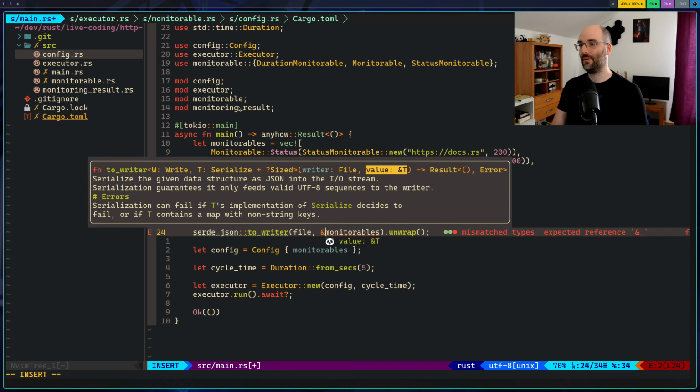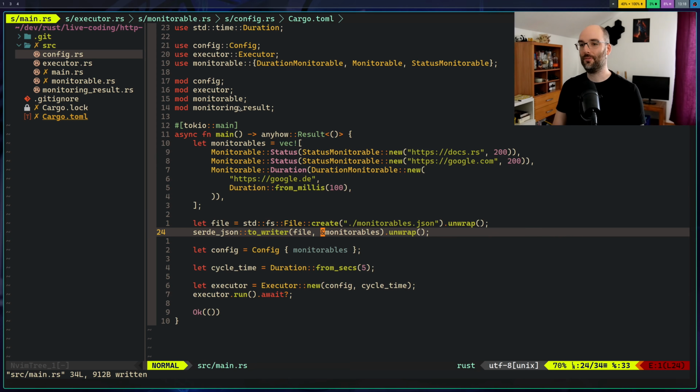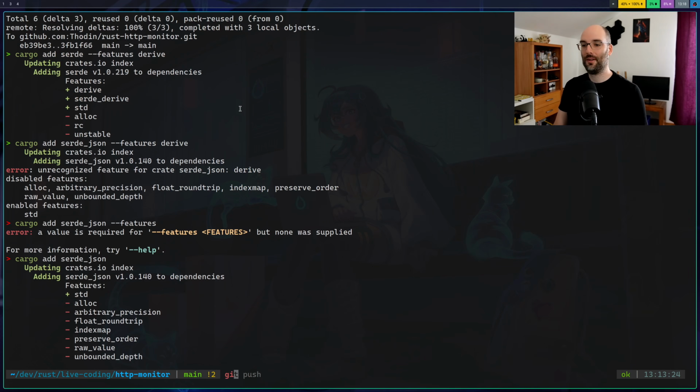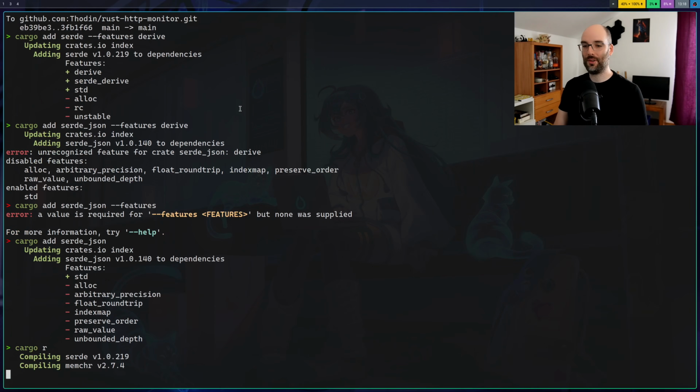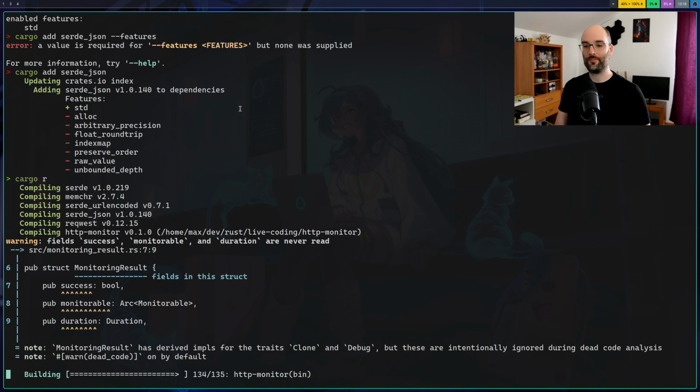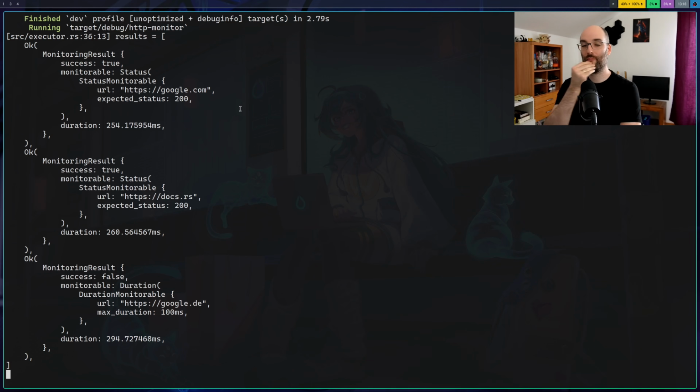Expected something with a reference before it, I guess. That's what it says. Okay. Because I don't know any better, let's just run this. It does run.